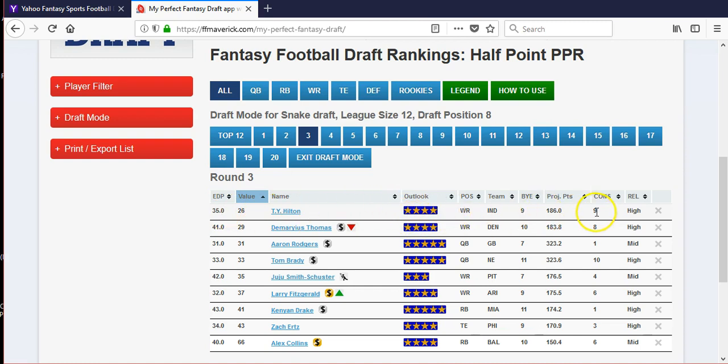4 out of 5 stars, 9 consistency, high reliability, and of course Andrew Luck is back. That makes T.Y. Hilton a potential wide receiver 1 this season. I do very much like that pick, but we want to take a real close look at what running backs are